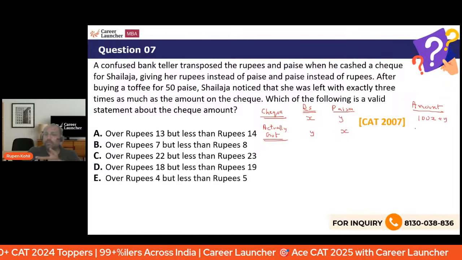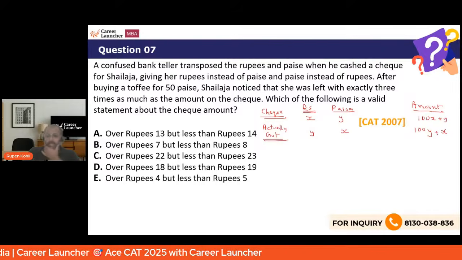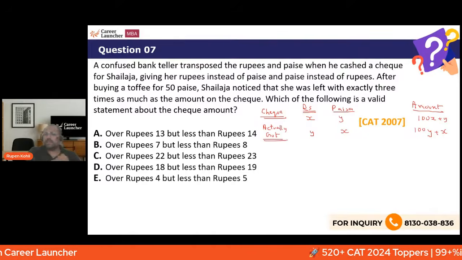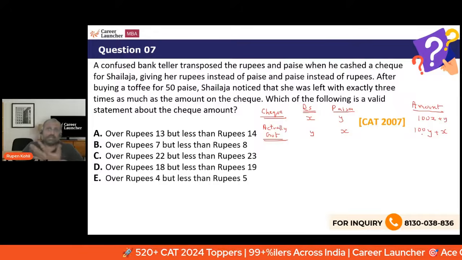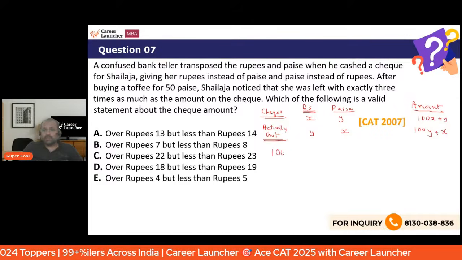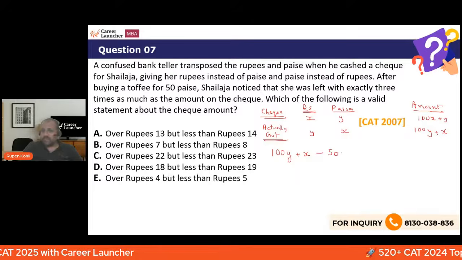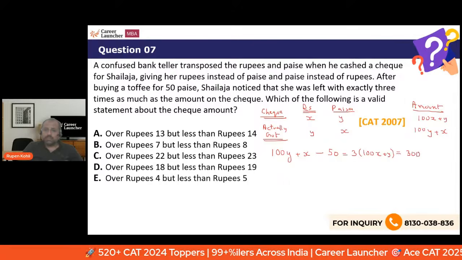This is what she should have got, but what she actually got in the end was 100y plus x. Even after decreasing 50 paisa from that, she is still left with thrice the check amount, right? So the equation becomes 100y plus x is the paisa amount, 50 paisa toffee, so minus 50. This much is still thrice the check amount, which is 100x plus y. So I have a linear equation